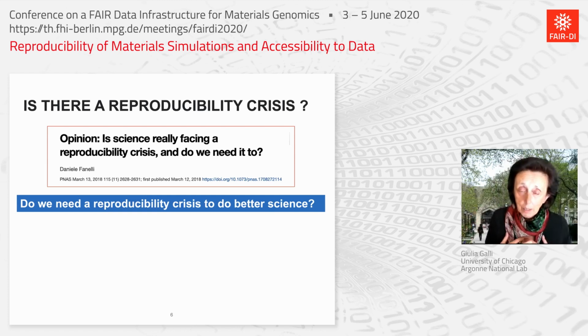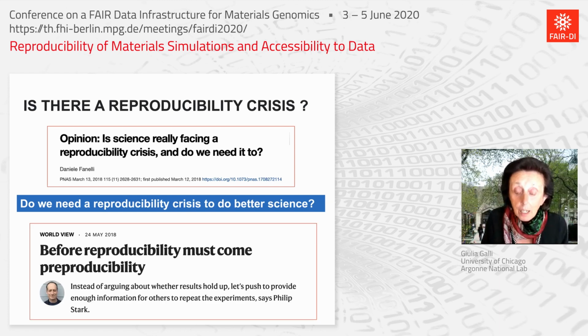I am among the ones, by the way, who believe that, especially in the field of material science, condensed matter physics, and some parts of chemistry that I know, we do have a reproducibility crisis, and actually big time. However, we don't need to establish whether we have one or not, and we don't need to spend a lot of time discussing this to do better science. In fact,